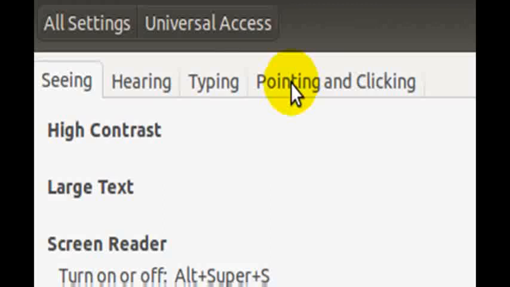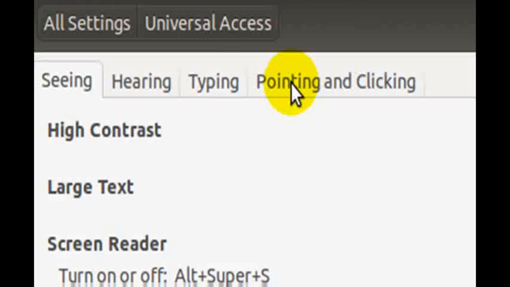Now open a new document in LibreOffice Writer. Start typing using the mouse or other pointing device by simply clicking the required key on the virtual keyboard. To quit the Onboard keyboard, select the Onboard icon located on the indicator area. Select the Quit option. The on-screen keyboard and the Onboard icon will disappear from the screen.